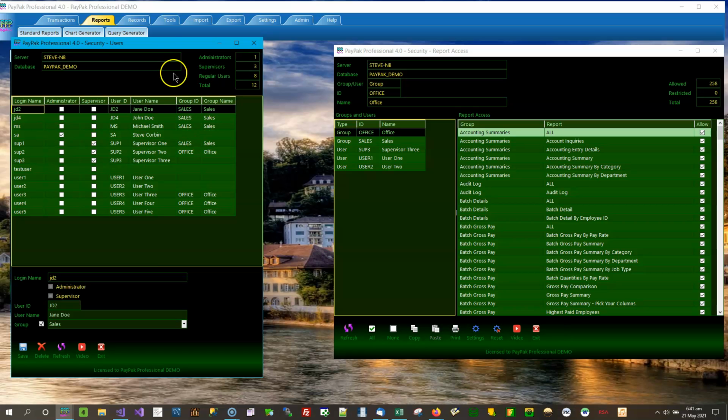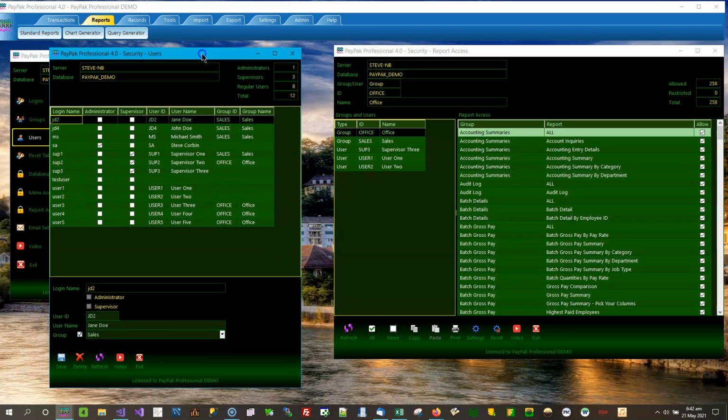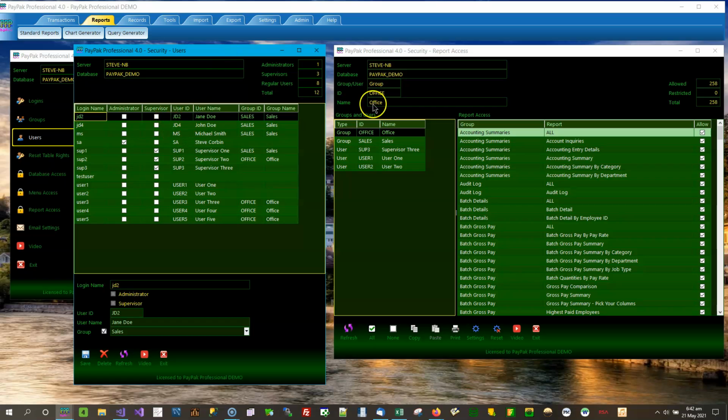That's another part of the security. And looking in here, I can see there's a list of logins. There are actually 13 logins in this list. This list has a total of 12. And the reason it has a total of 12 is the users are the logins which have been assigned a user ID. And that's in this column here. This login, which is called test user, does not have a user ID, so that login is excluded from this